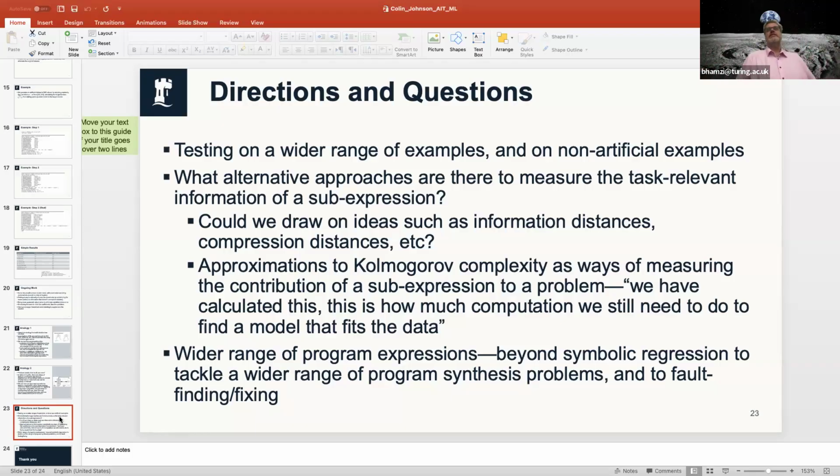And perhaps looking at some examples that use a wider range of program expressions that are not just mathematical expressions, but tackling a wider range of program synthesis problems. I did some work a couple of years ago using similar ideas for fault finding and fixing, and I'd be keen to revisit that and have a think more about that.